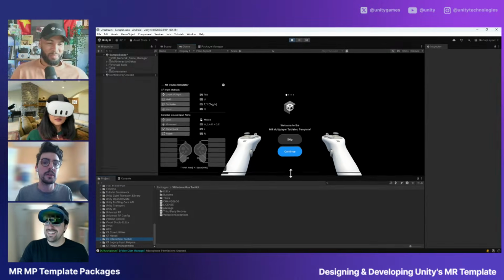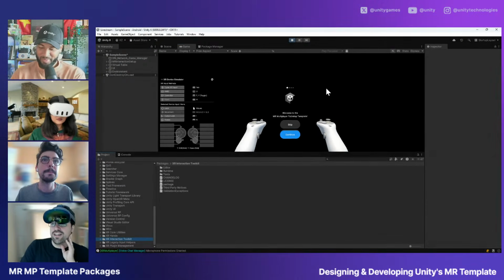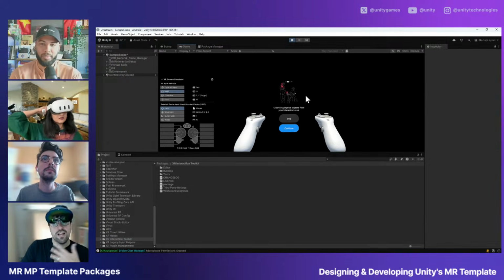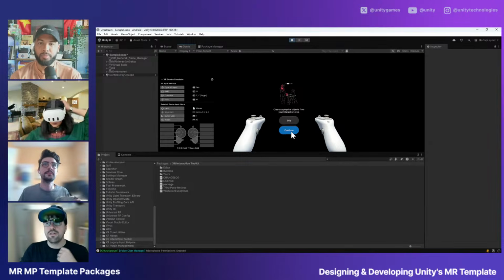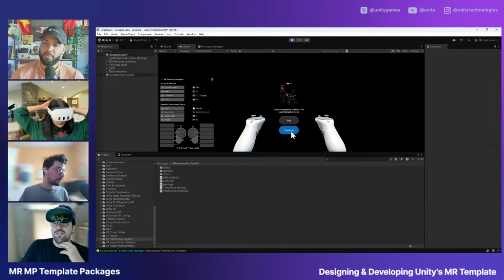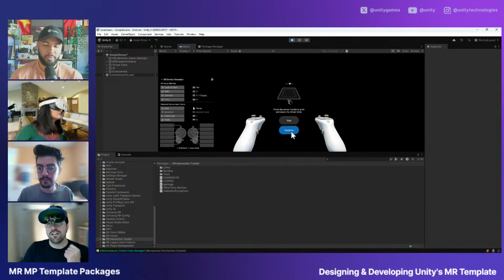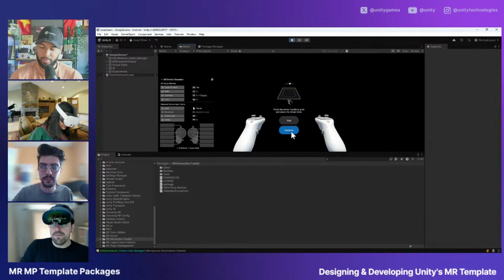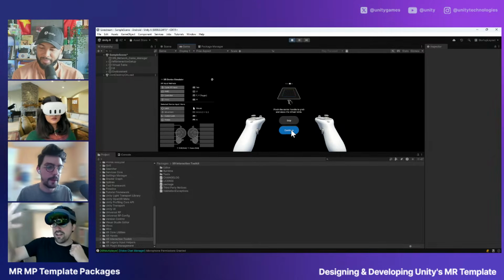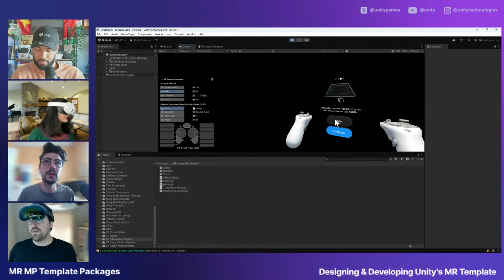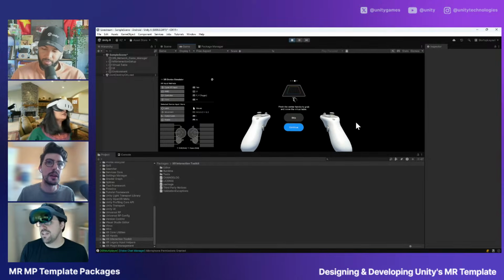All right, so what you're looking at on Kevin's screen is the coaching card. If you click continue there, it gives you a very high level onboarding, asking you to clear your space so that you can accommodate a table. Then if you click continue again, you'll get very general indications for how to manipulate the table with the grab affordance and how to rotate it. Or you can just skip it if you don't want to see it. But you'll be seeing these in the headset as a headlocked coaching card with a delay as it follows you around. So if you want to skip that and just go into the table, I think I shared